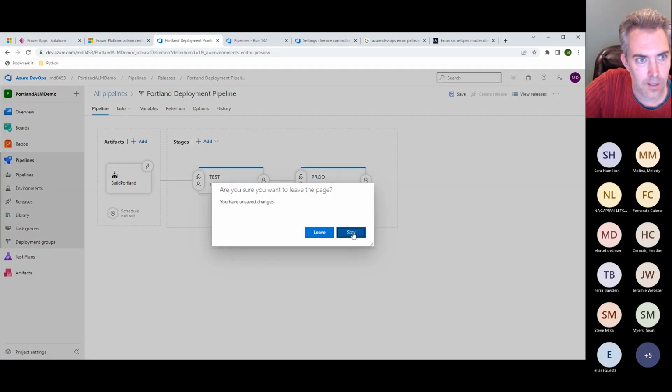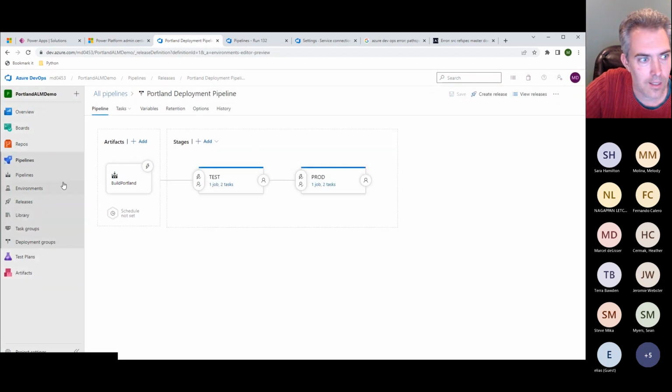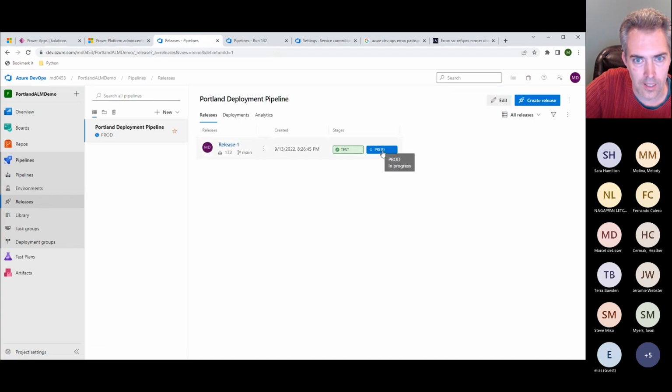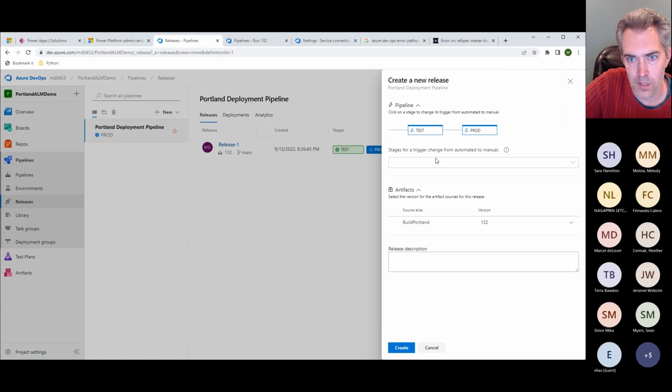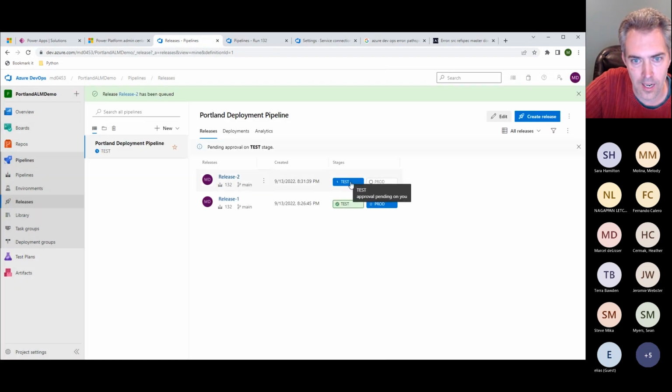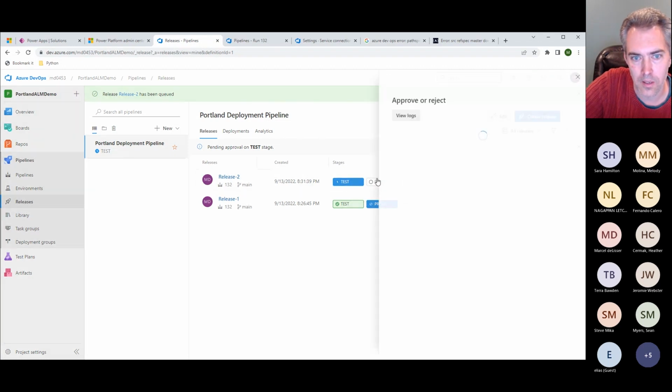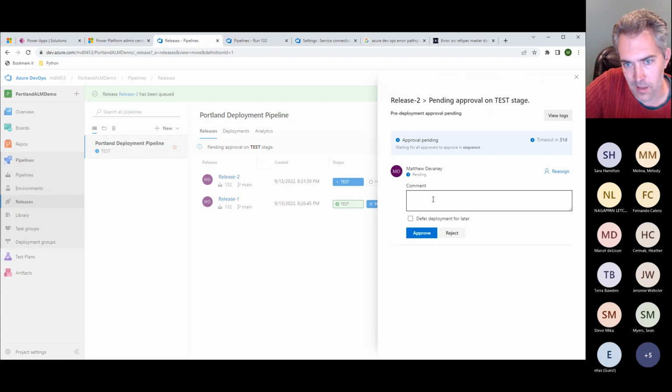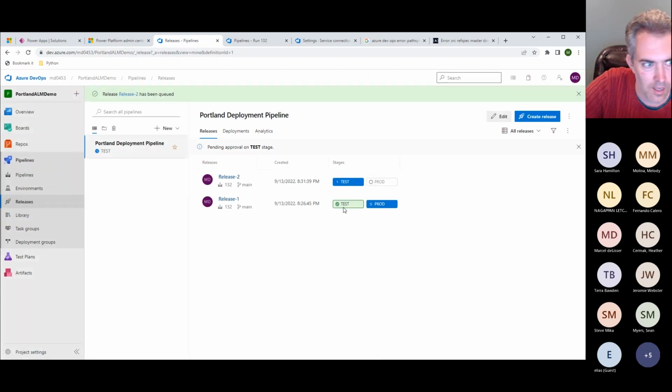So let's quickly go back to releases and save. So you can see that this one is still working. And if we were to go ahead and create yet another release, let's say we made more changes, this time it'd say, hey, an approval is pending on you. So I would get an email in my Outlook inbox. It would bring me to here. I could put in a comment and I could approve or reject it. And so that's the last little thing I like to do